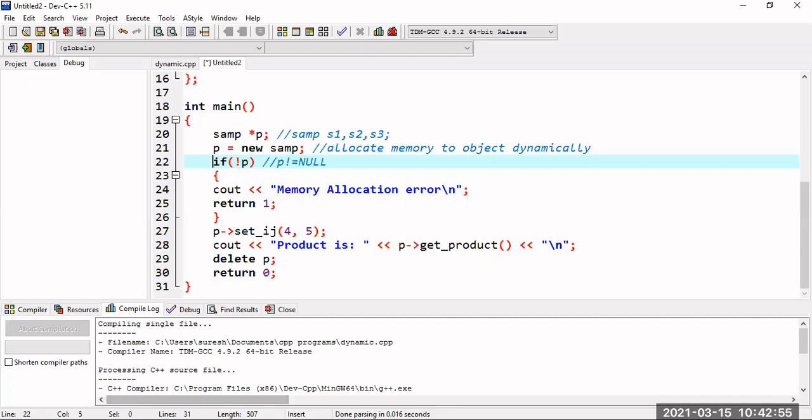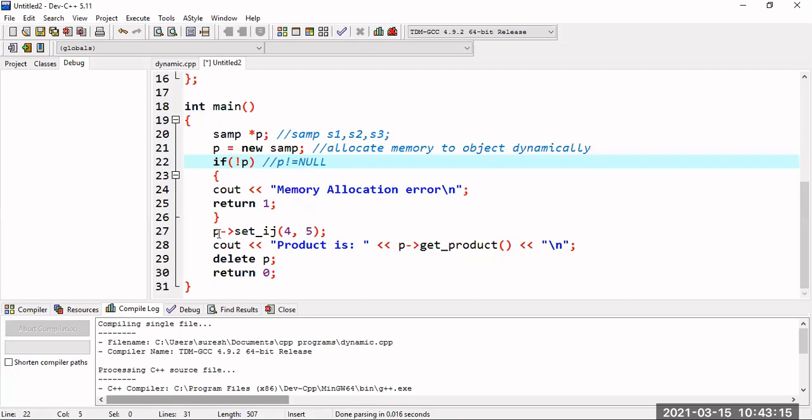But whenever you just want to know whether the memory is allocated or not, if the memory is not allocated, like in most of the situations it won't happen, because only if the memory is not available will that memory not be allocated. But here the memory will be allocated, so that's why you won't get this error.